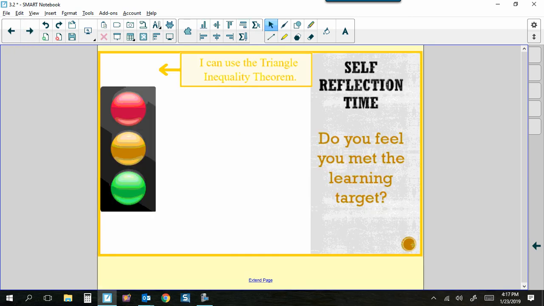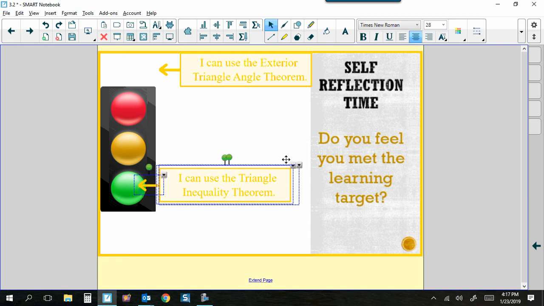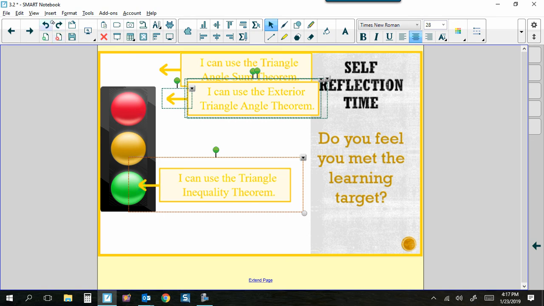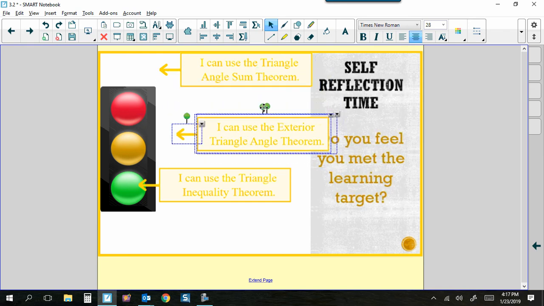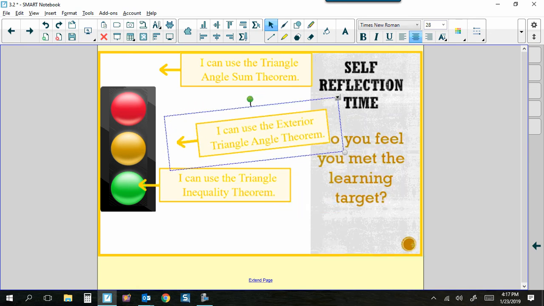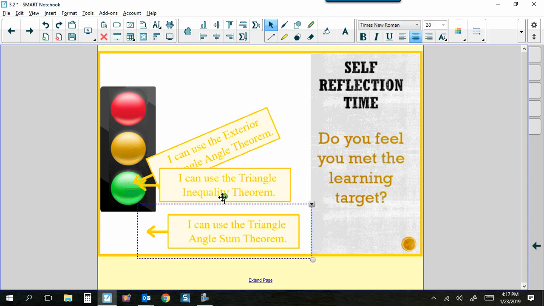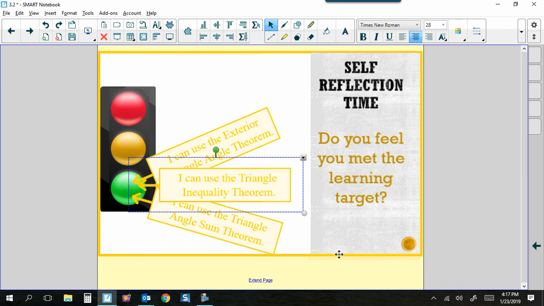Hopefully you feel confident in everything we went over today. Your triangle inequality theorem is what we just went over, with the 2 smaller sides needing to be greater than the third. Your triangle exterior angle theorem, that's going to be when your remote interior angles add up to the exterior angle. Hopefully you feel confident in using that. These keep coming apart. Very sorry about that. And then lastly, hopefully you feel good about the triangle angle sum theorem, which is just that 3 angles in a triangle have a sum of 180 degrees.